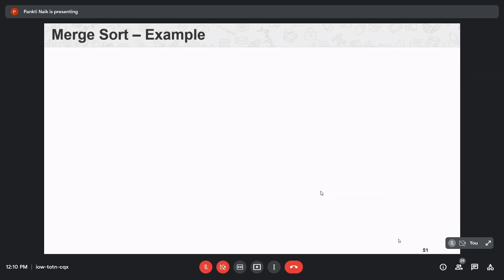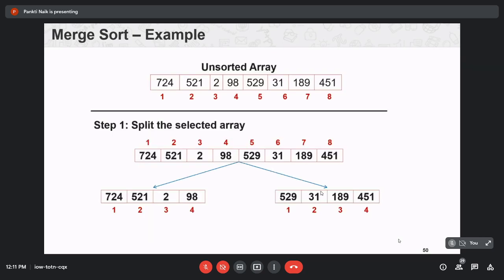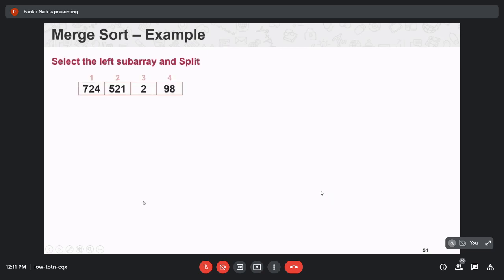Then the next step is to select the left sub array, this one, and split it into n by 2 partitions. After splitting the left sub array, you will get 2 elements in the left sub partition.